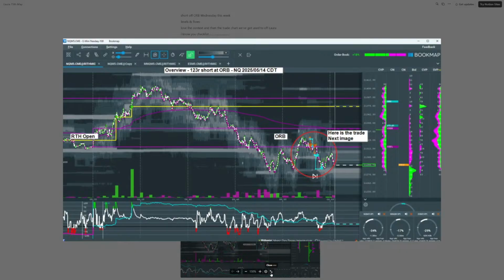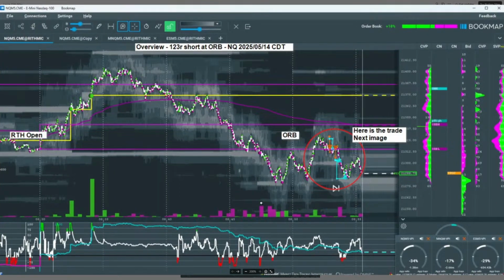Yeah, great idea. If I could pull that thread on this chart then, Bruce, I won't unpack it too much here, conscious of time. It's an ORB, so an opening range bar trade, on the first minute, as Jack was talking about at the start of the call. I run my ORBs, as does Laura and many others, on an M1 basis for new traders. That's looking at the high and the low of the first minute of the RTH open, as Laura has annotated on the left of the chart here, and then that becomes horizontal lines for the rest of the trading day.